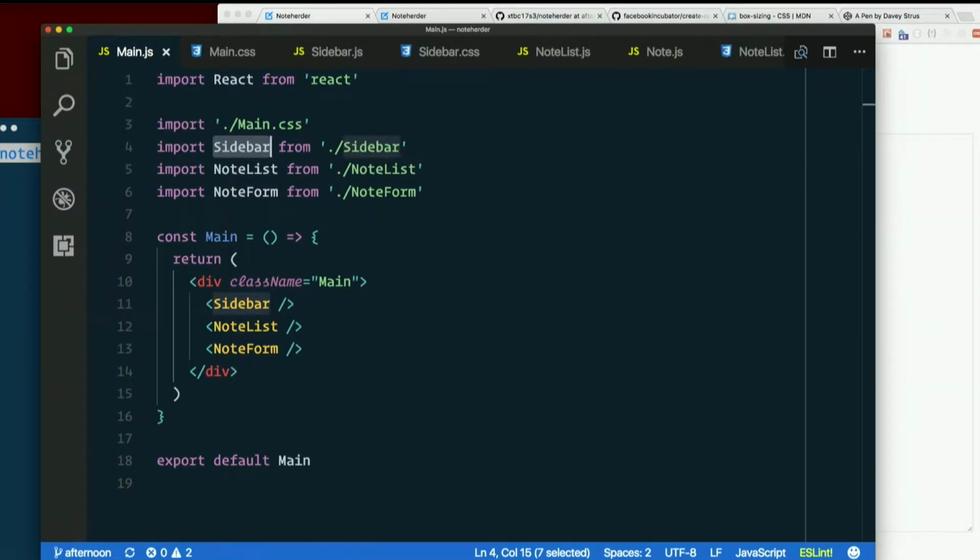I'm going to go ahead and pull it all the way up to app, because I think it will make our life easier later on. So I'm going to make app actually responsible for this note data. So when an app is managing its own data, what do we use? Not props, but